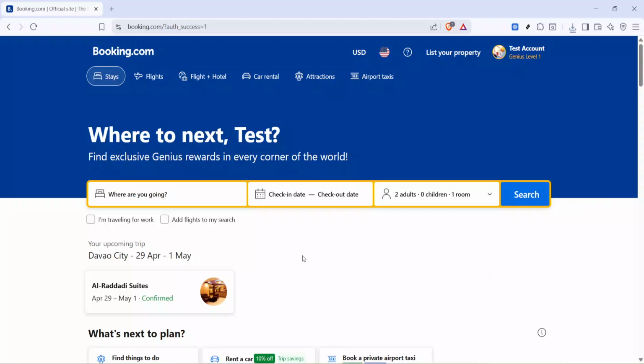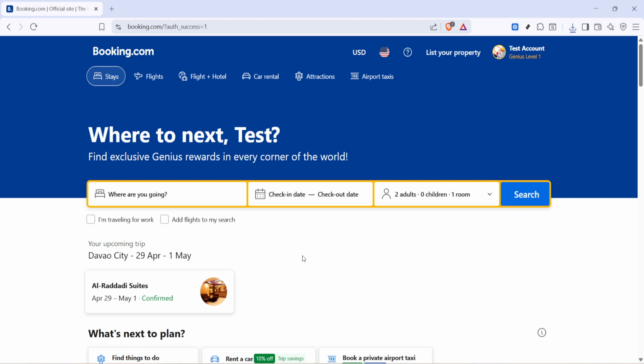In today's video, I'm going to teach you how to create a partner account on Booking.com. This is the account you'll use to list your property, manage availability, and handle bookings. So getting it set up correctly from the start is important. All you need is a reliable internet connection, an up-to-date web browser, and an email address you plan to use